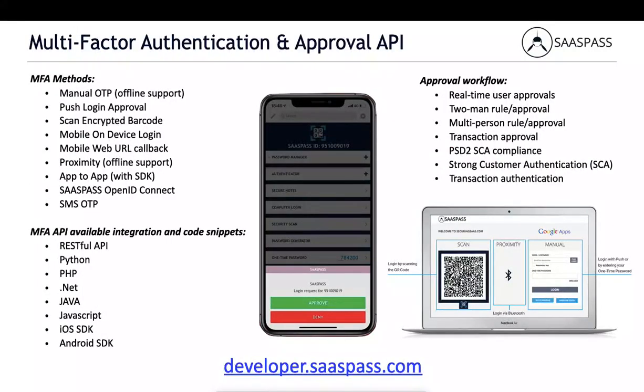Actually, here's one thing I forgot to mention. Sorry about that. Our RESTful API has a lot of examples. You can go and visit developer.saaspass.com, as you can see at the bottom of the screen here, and it will explain the whole RESTful API that we have for integrating multi-factor authentication, single sign-on, account management, provisioning, and deprovisioning of users,